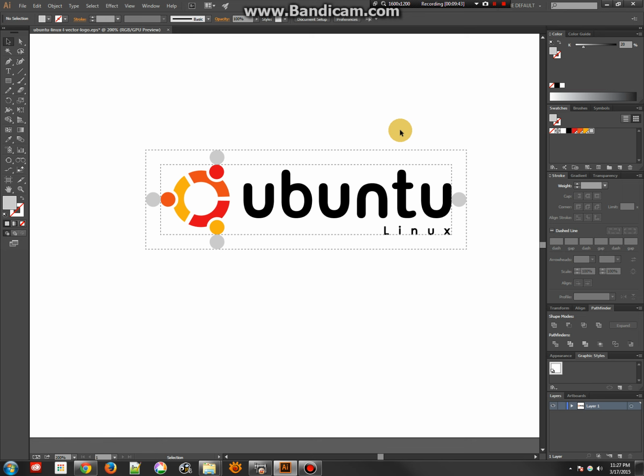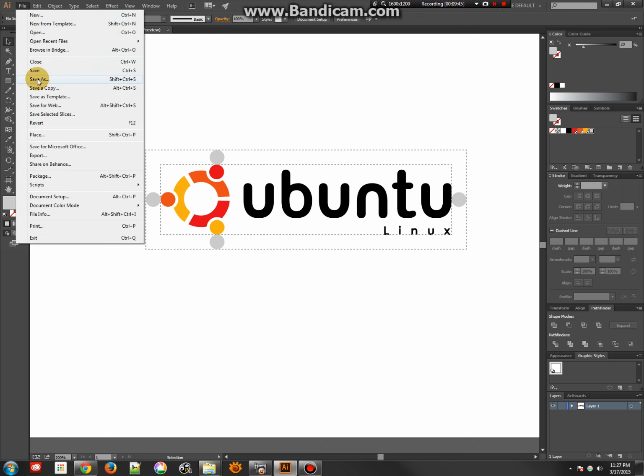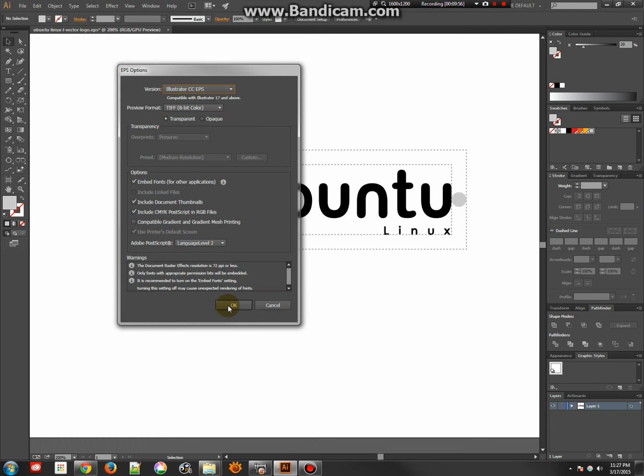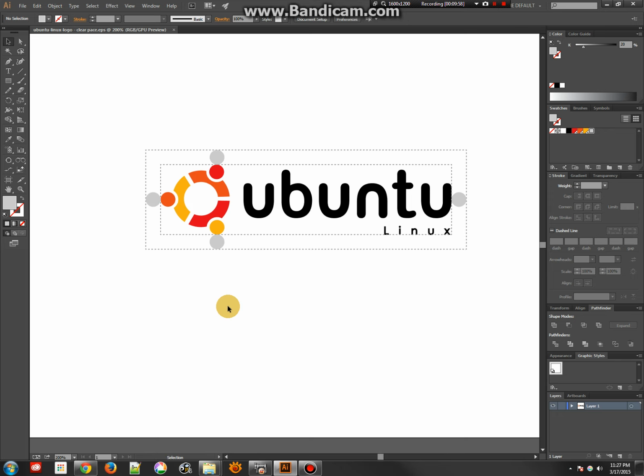But here's a good place for us to save this logo. I'm going to call this the Ubuntu Linux logo with clear space. And the reason why we're saving this, and I'm just going to do Illustrator CS